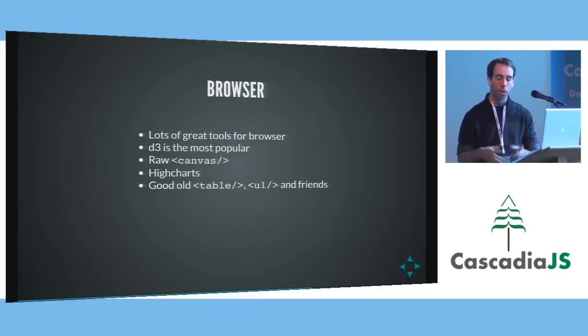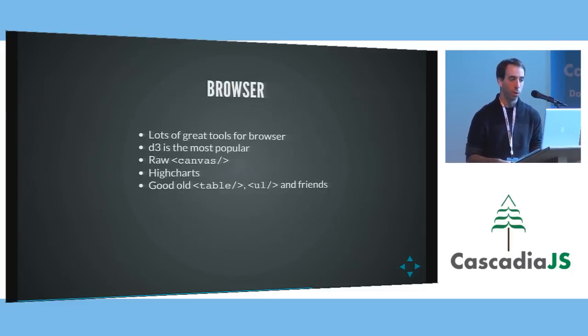And why the browser? Well, it's really obvious. It's just a uniform visualization tool. People don't need to install Flash or Silverlight or download some client onto their machines. Probably the most popular library right now is D3, which is great. You see the stuff they did for the election, and it's awesome. Mike Bostock is the man. But you can use raw canvas as well. SVG is not the answer for everything.